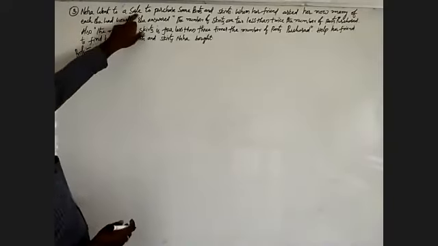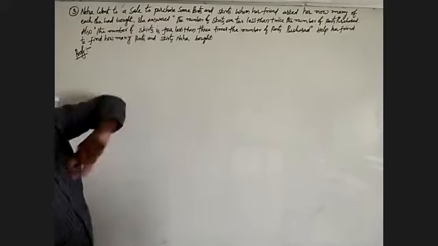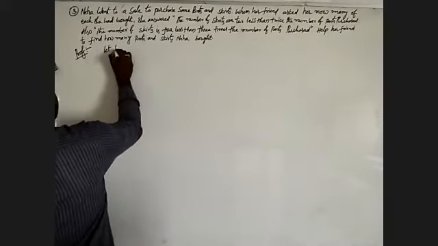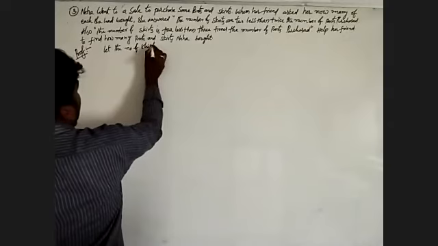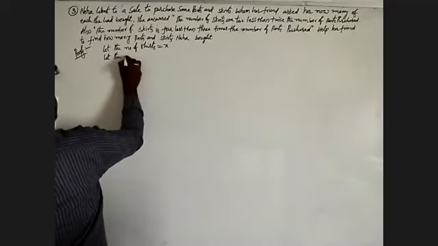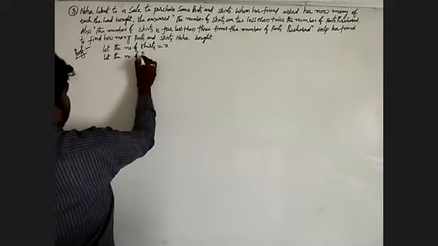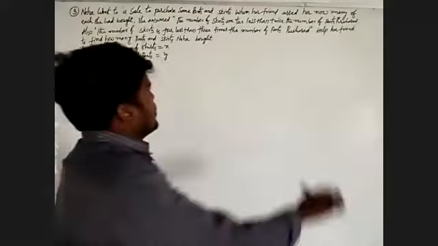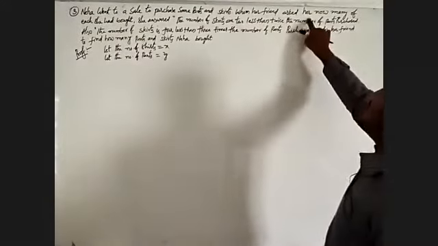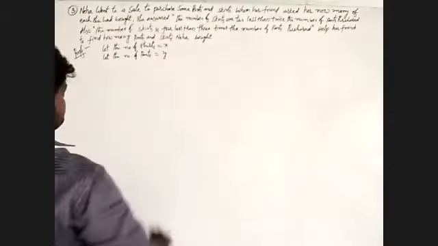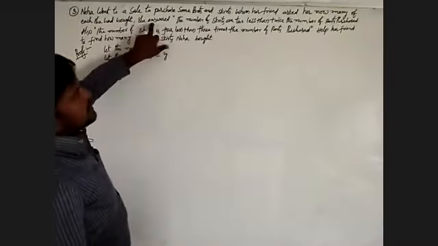Neha went to a sale to purchase some pants and some shirts. That means let the number of shirts we have to take x and also let the number of pants that we have to take y. Listen, when her friend asked her how many of each she has got, she answered